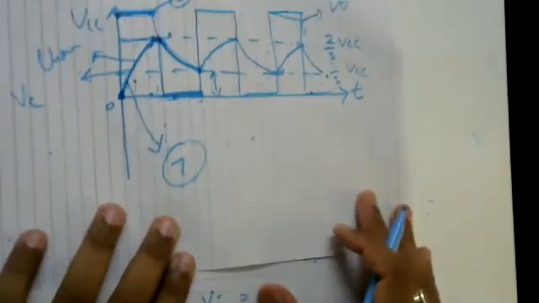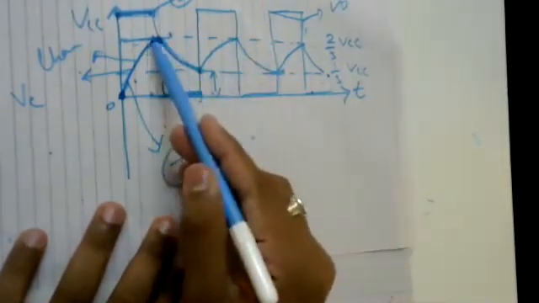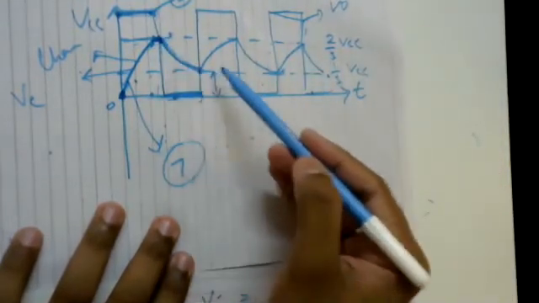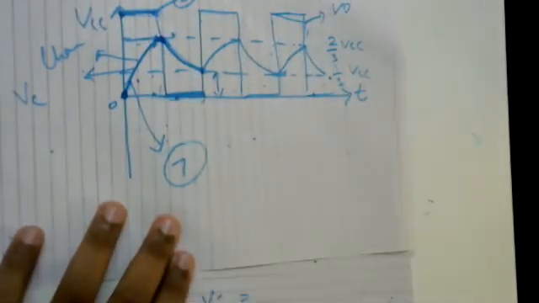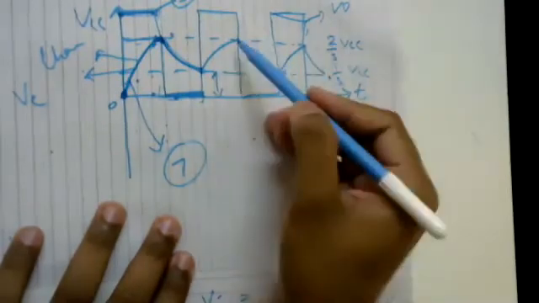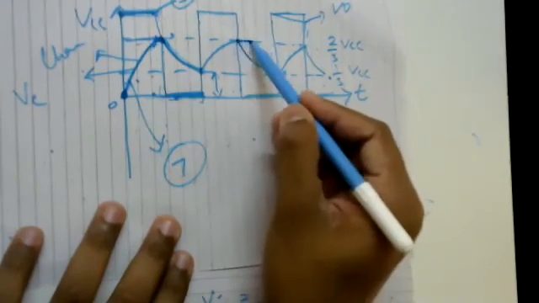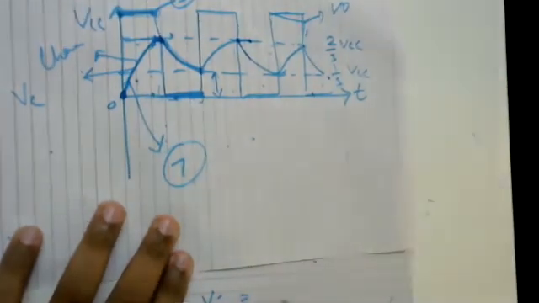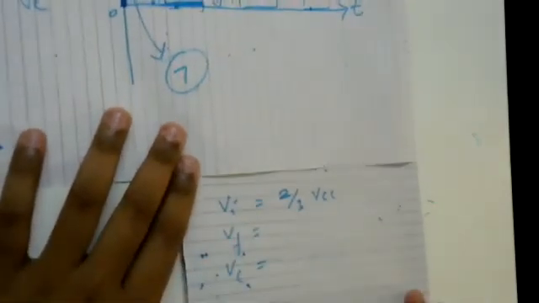Now, if you see this response from the capacitor, what is the initial voltage? It's nothing but the potential from where it starts to discharge. Can you answer me? What is the initial voltage? It's the potential from where your capacitor is going to discharge. So from here it is starting to discharge, so this is its initial voltage. It is 2 by 3 times that of VCC. Very good.